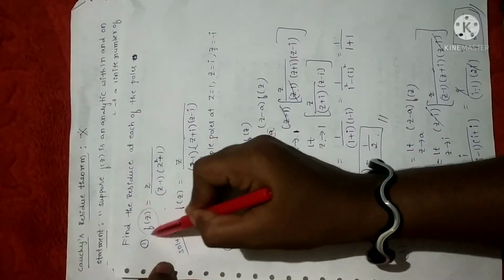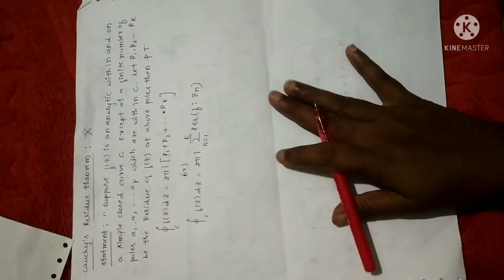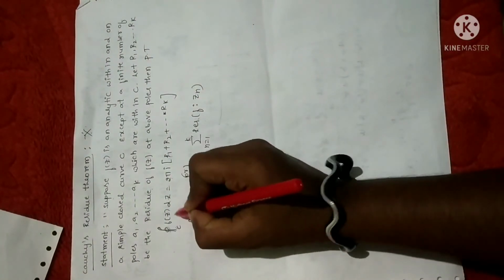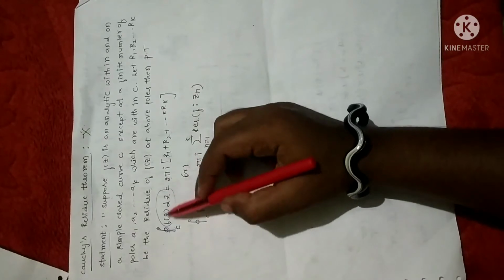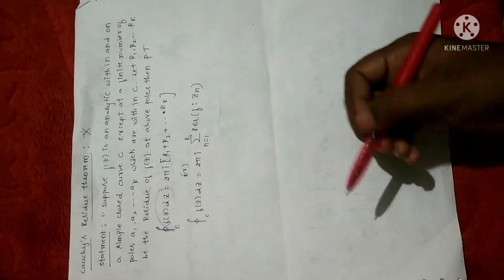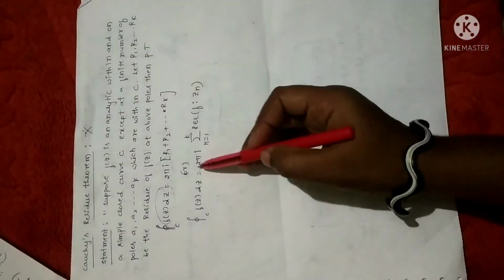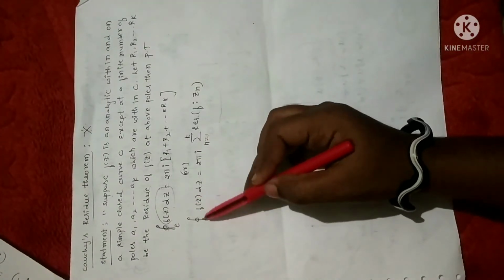Now coming to the proof. Before going to the theorem, I just give you a clarification. Just now I have done the residues, right? Whenever you have a function f of z, we know how to find the residues. Now the use of this theorem is, if you have the integral of any function within a complex plane, we can evaluate this integral by using this theorem, that is 2 pi i into the sum of the residues. While solving the problems, first you have to find the residue as I solved now. After finding the residue, we have to multiply by 2 pi i to find the integral of that function.